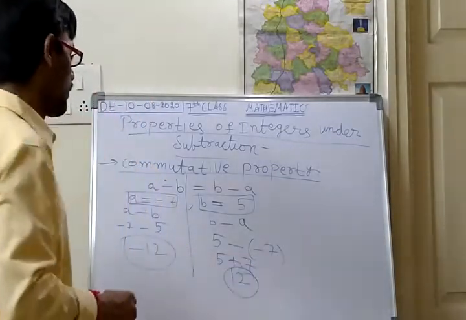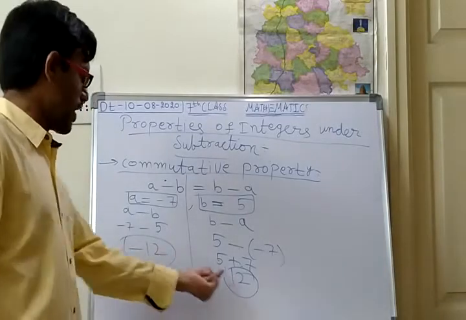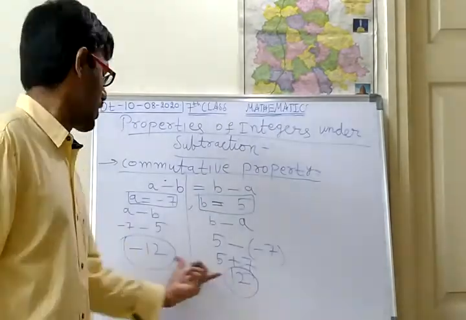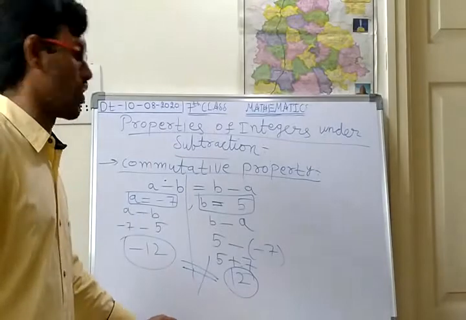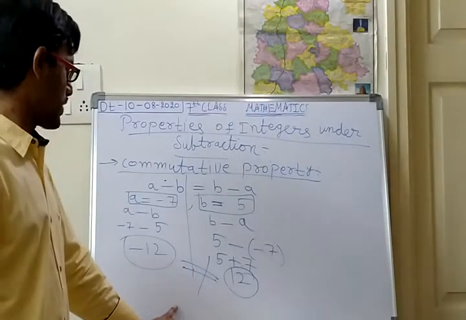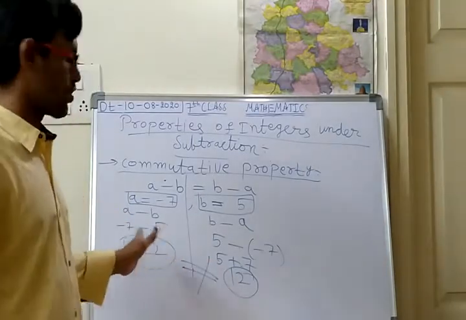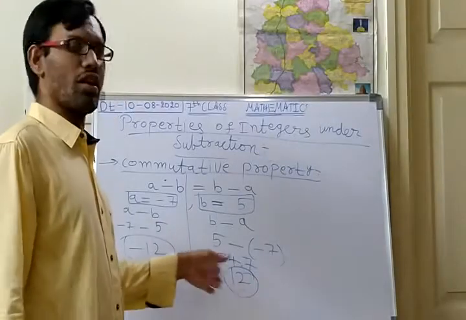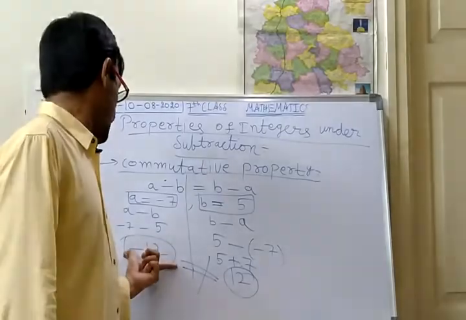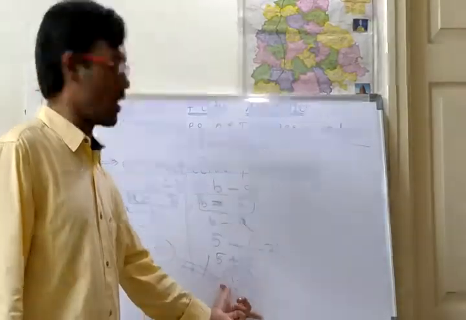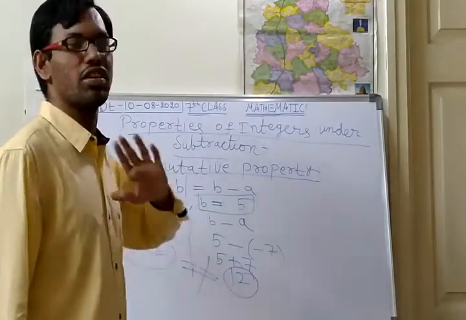Okay. So both numbers are same, but the symbol is different. Here minus 12, here plus 12. That means there is a difference between these two integers. So 12 and minus 12, there is a 24 numbers difference for these two numbers. So these two are not equal. If here minus 12, here also minus 12 should come, but plus 12 came. So these two are not equal numbers. So commutative property does not satisfy.